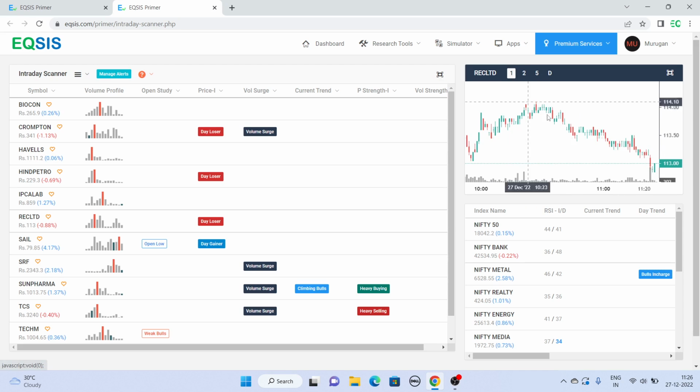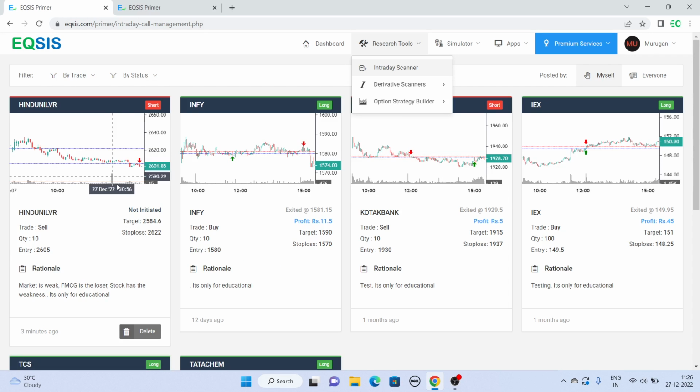So any downward move on RECL can be taken as an indication to go for a short. Let's look at what happened in this particular company. Unfortunately, this is not even initiated. The price didn't go up to 2,605. So that's why this, although it is a simulator, we cannot